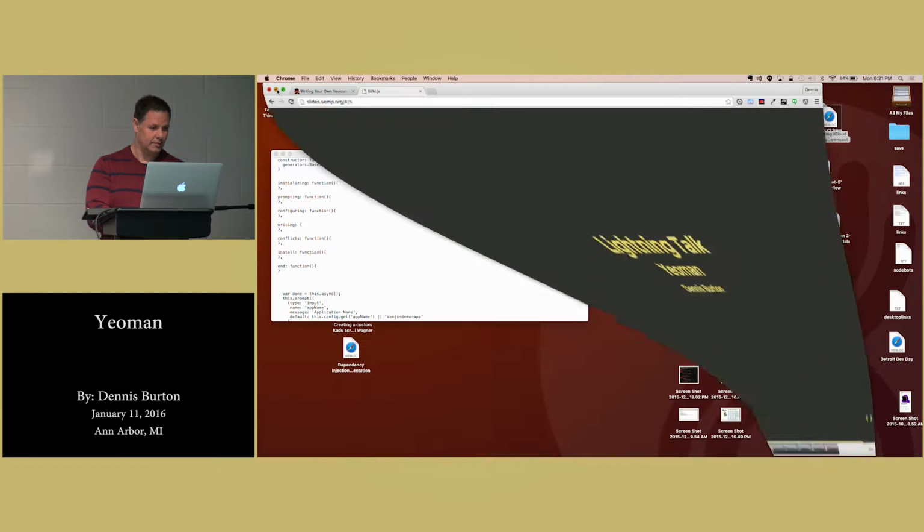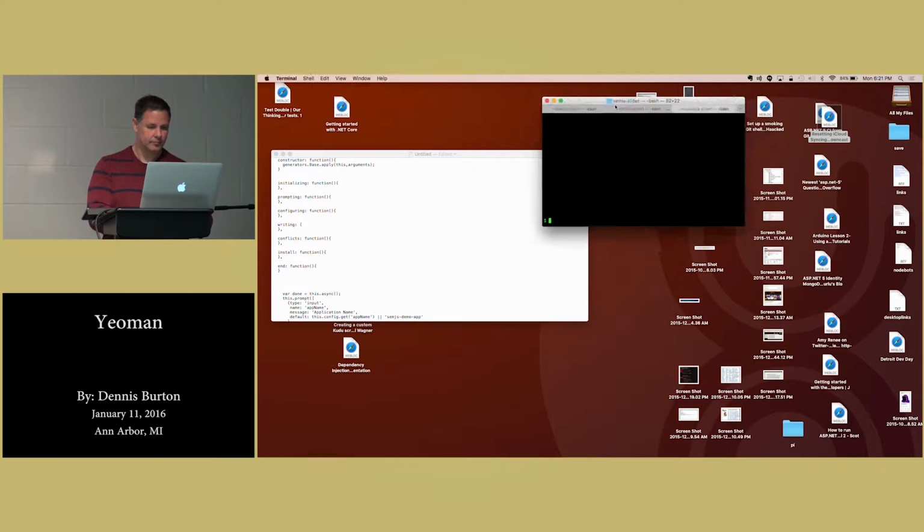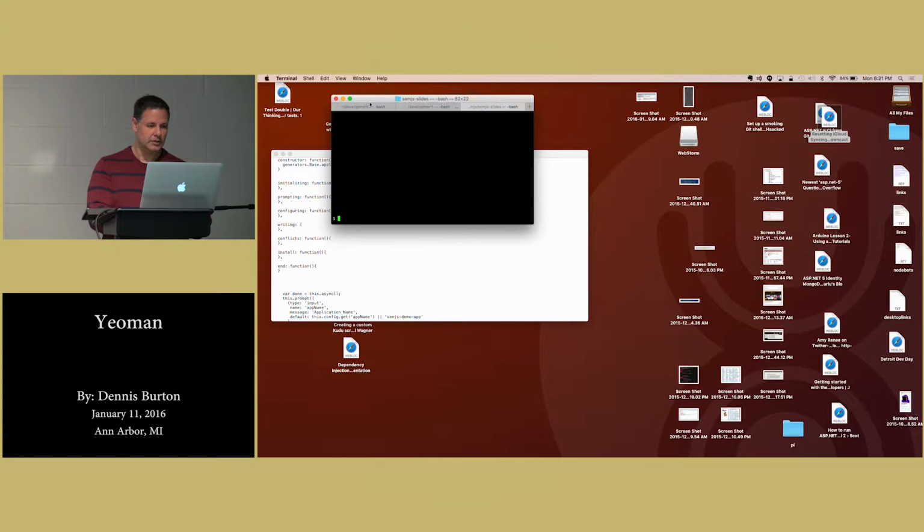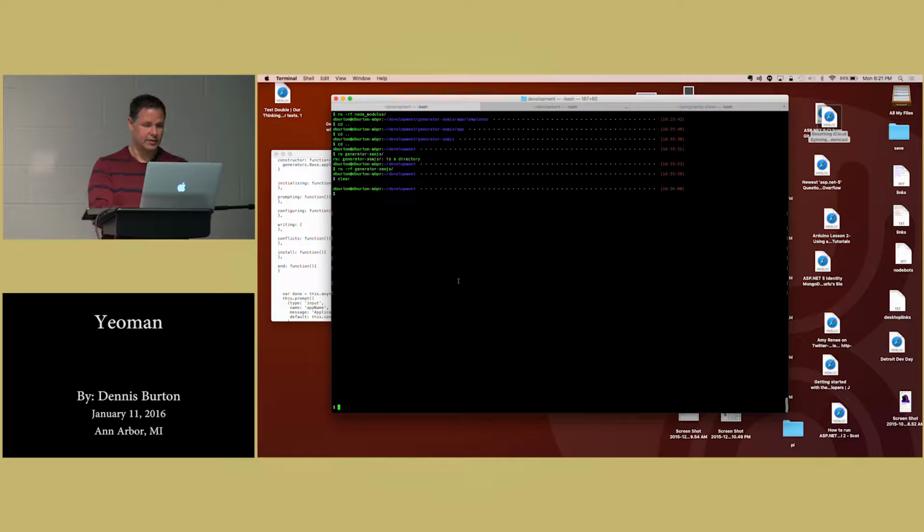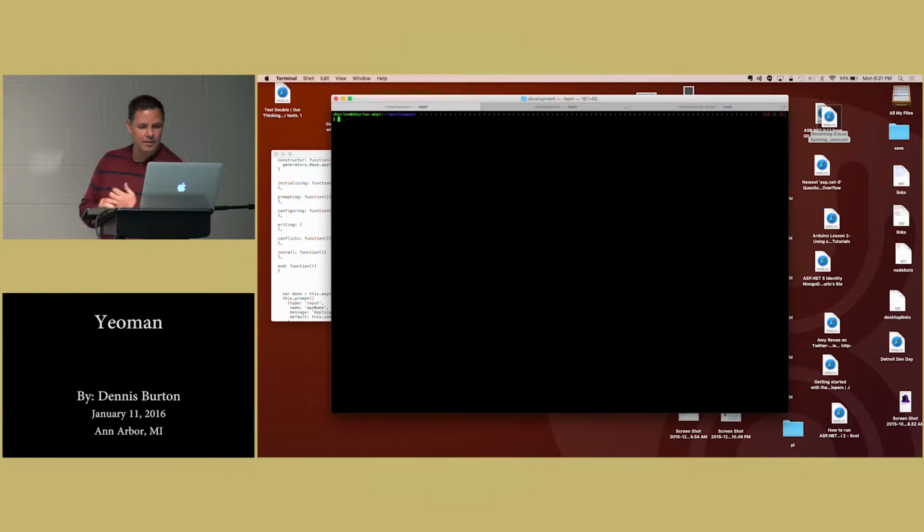So go ahead, minimize that. That is my copy-paste cheat sheet, because it is a lightning talk and I don't have that much time. All right, so